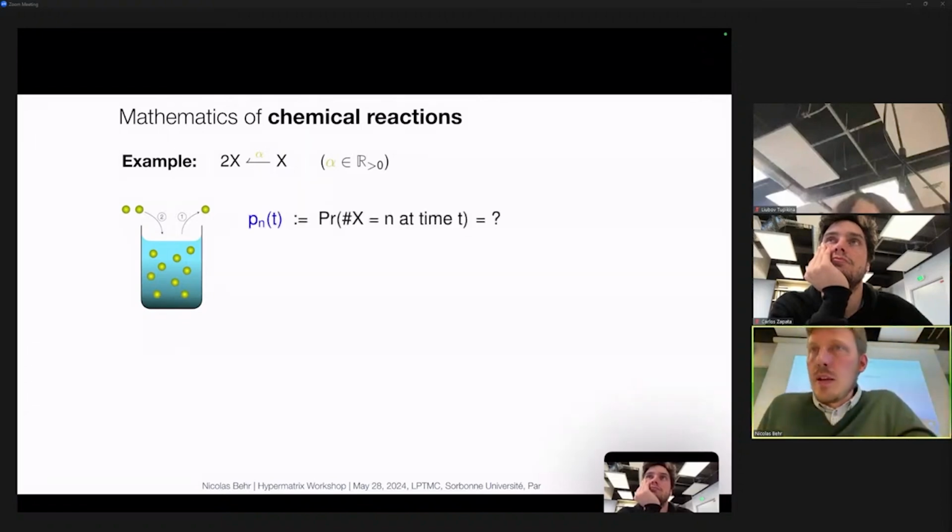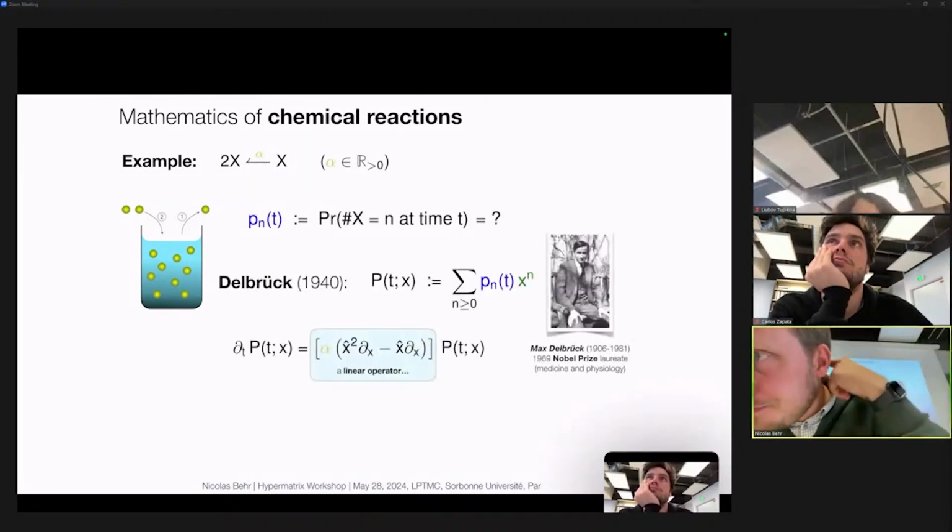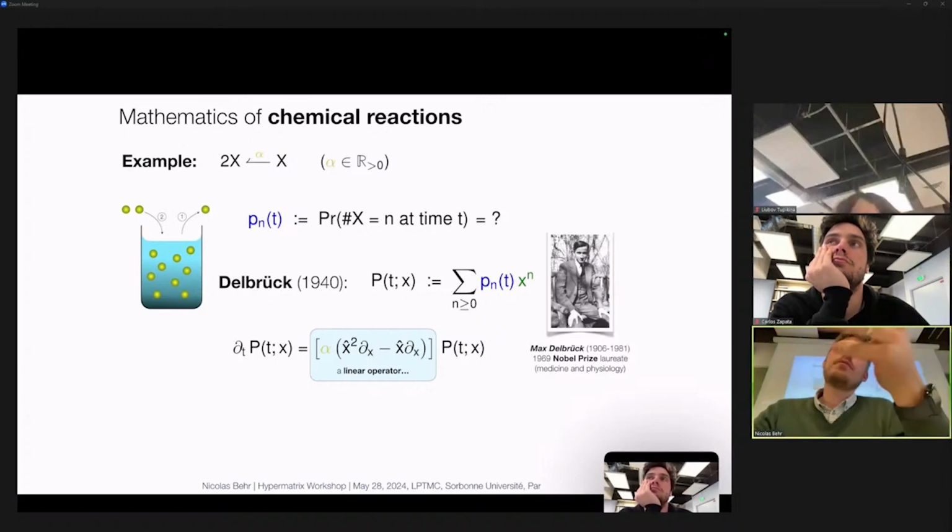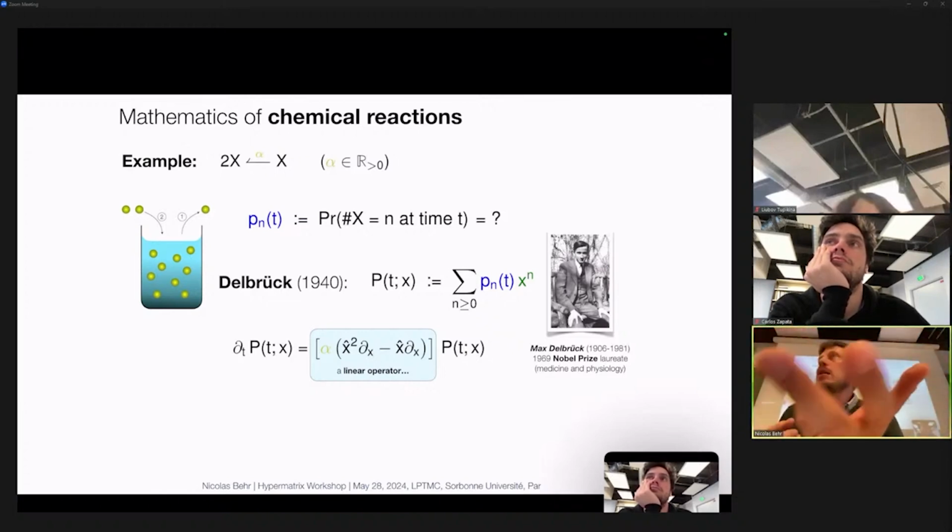So, and the ingenious work of Max Delbrück was to then code that in formal power series calculus. So that was in the 1940s. Basically, rather than giving a very elaborate explanation of how the semantics works in words, we just give a mathematical formula. So we map a state of being in n particles as a monomial x to the n, where x is a formal variable. And we write the operation of how in one step the state should change infinitesimally. Infinitesimally, you have one or no jump. And the only one jump you can do is here, take out one particle, make two.